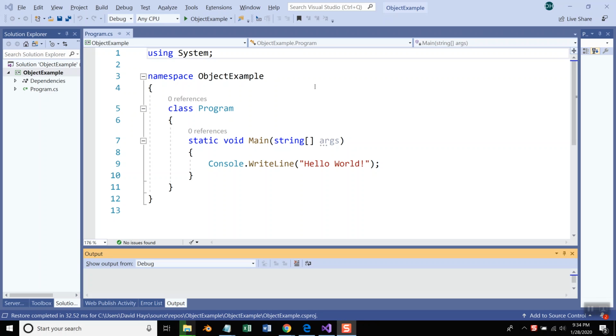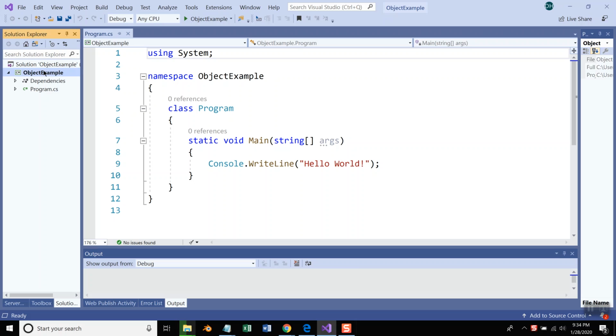Okay, as you're working with JavaScript, you'll potentially interface with the document object model that's contained within HTML. And a lot of people have trouble understanding objects. So I'm going to create a very simple object example here to demonstrate it. Now, this is C sharp, so you may not understand the programming language, but the concept should be easy to